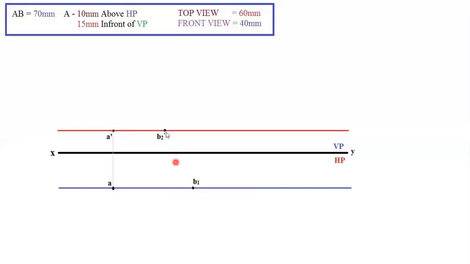The reason is, if we rotate, we will be getting the front view as well as the top view. The values will be the very same. At the completion of the diagram, we can have a better understanding. The next step is you just extend the line. For B2 dash, try to extend the line to some distance, and try to extend B1 to some extent.